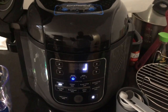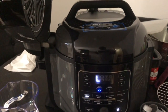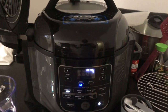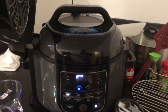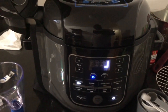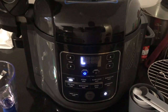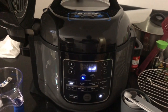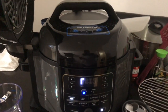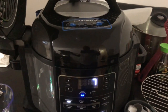The one problem with this machine that I find, and I'm not going to call it a problem, I would say just criticism. The idea behind the machine, fantastic. I haven't cooked anything just yet. Kind of nervous, but not really. So you see how simple it was to start to pressurize. They need an app where the timer can ring your phone when it's done pressurizing, because different recipes, different meats and whatnot call for either what is known